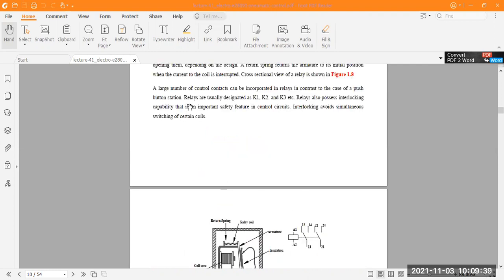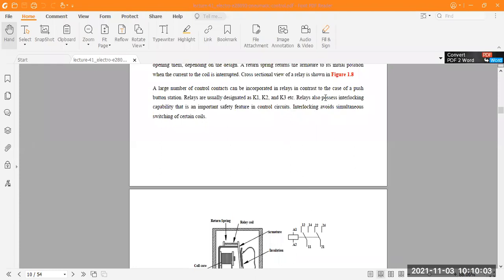A large number of control contacts can be incorporated in the relay, in contrast to the case of push button stations. Again, the push button comes into these relay operations. Relays are usually designated as K1, K2, and K3. These are different types of naming according to their classifications.